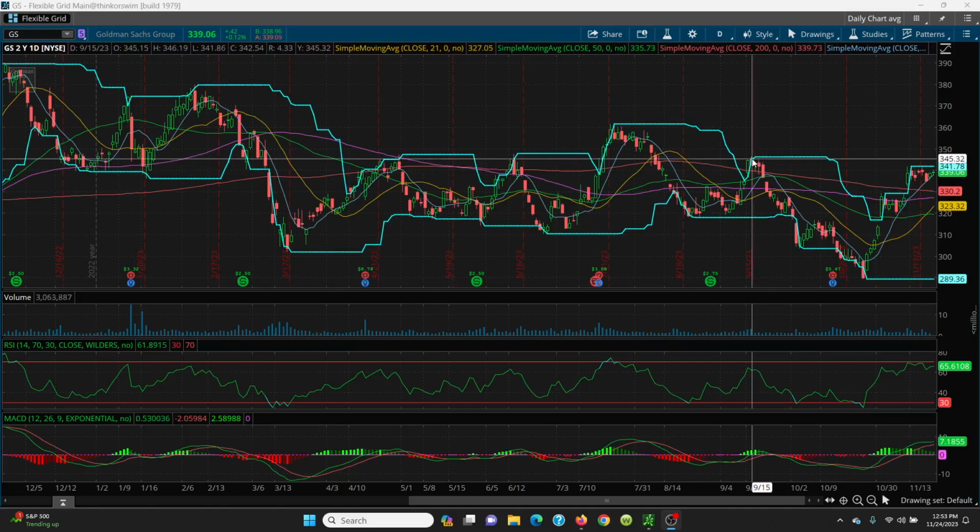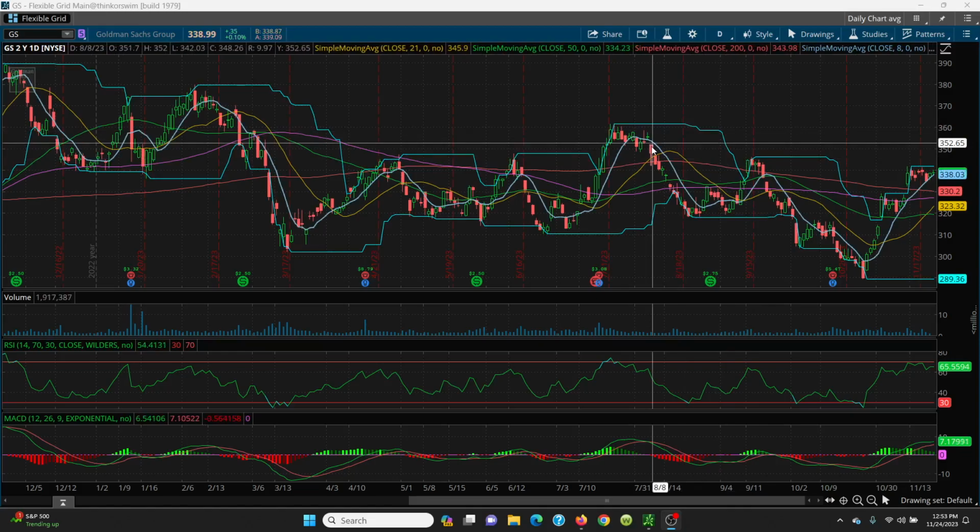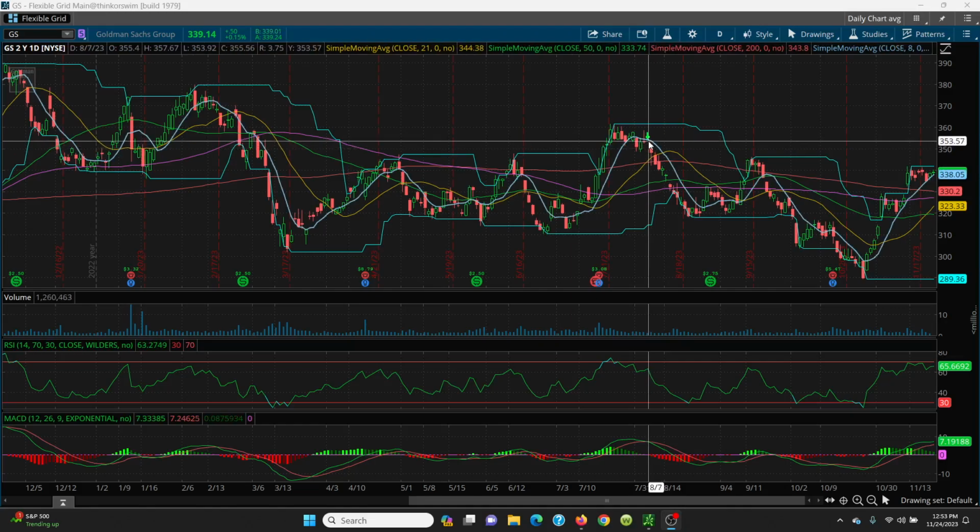So then what we're looking at is 346.19. And then this is what I want to show you right here. Look at the top of this candle here. This is the gap. This is 352. And then look to the bottom of that candle there. You're looking at 353.92. Okay, so your gap, 352,